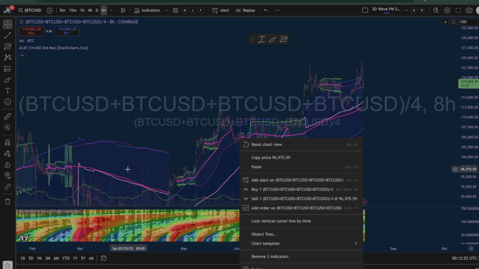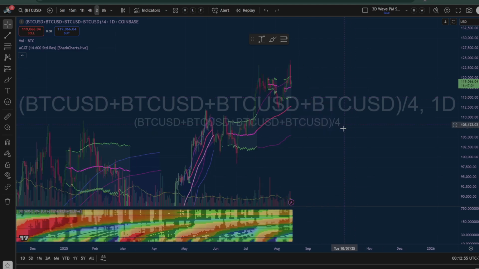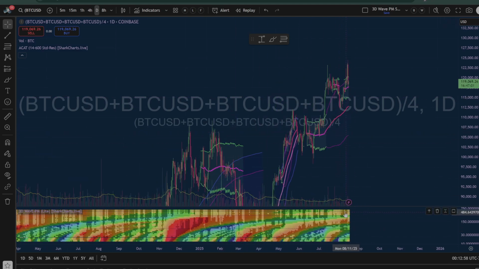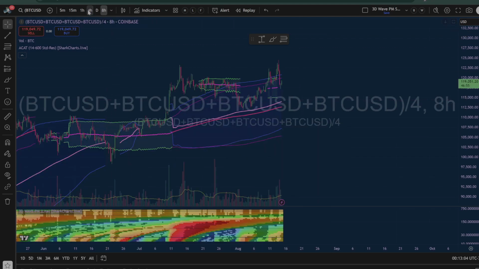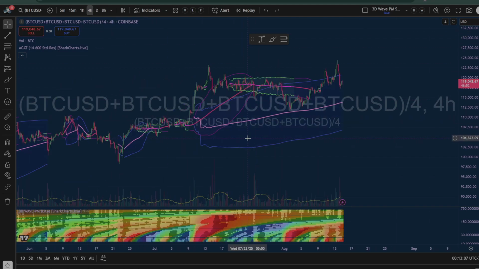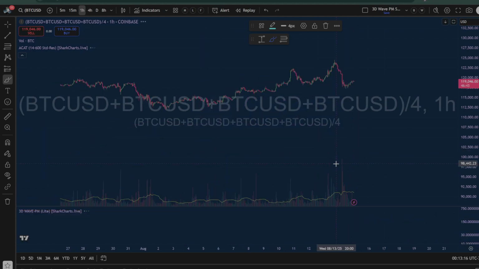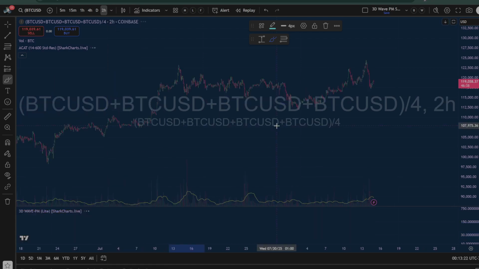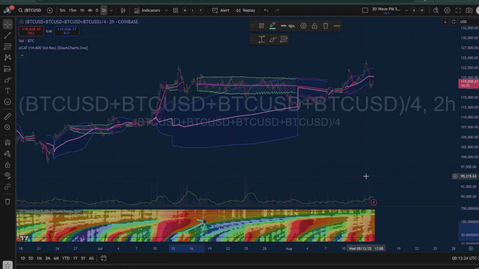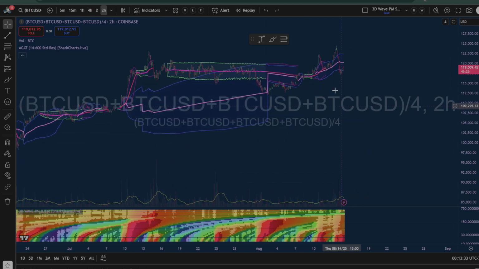A few other points. Daily chart. We still have some clouding on our 3D wave PM. On our 4-hour chart, right, we do have this bubble here on top of our longest overexpanded period, which means we want to refine by going to the 2-hour chart, right? Match our indicators to have the cleanest results by pairing a time frame. Right, so we're going to manually define. This is interesting.